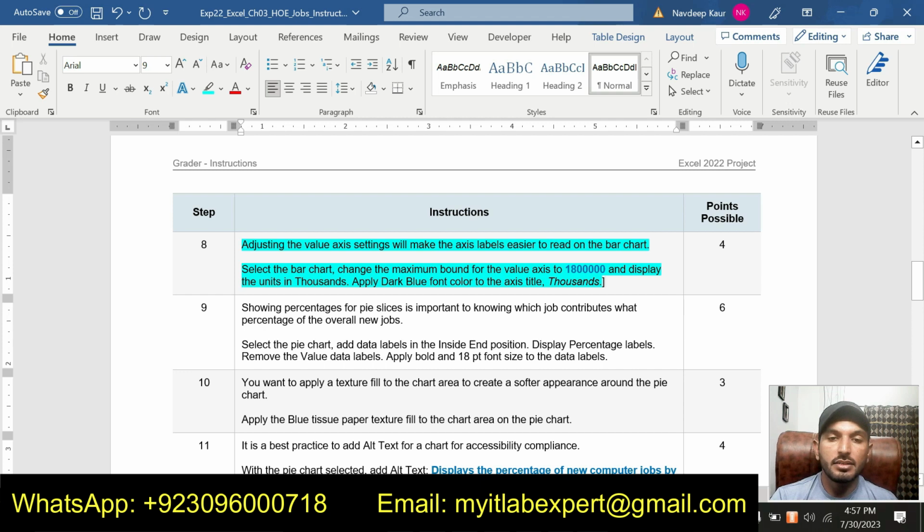Select the bar chart, change the maximum bound for the value axis to 180,000 and display the units in thousand. Apply the dark blue font color to the axis title thousands.